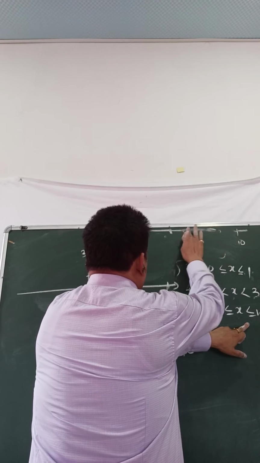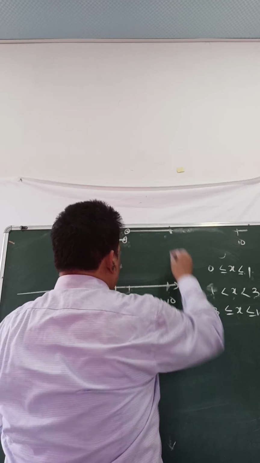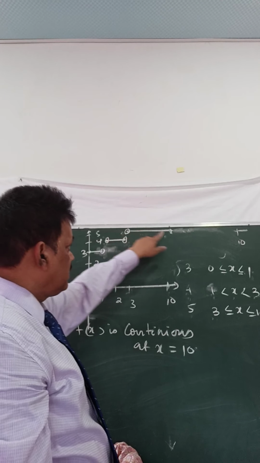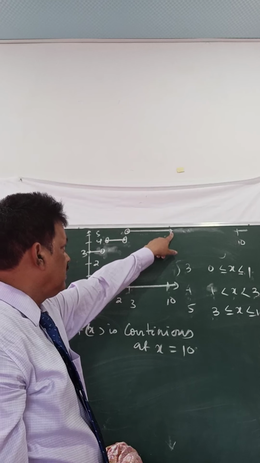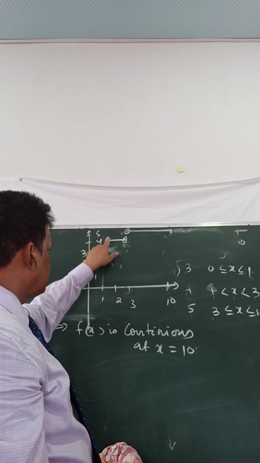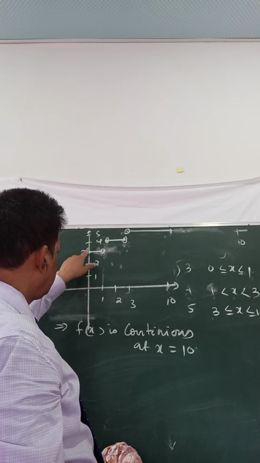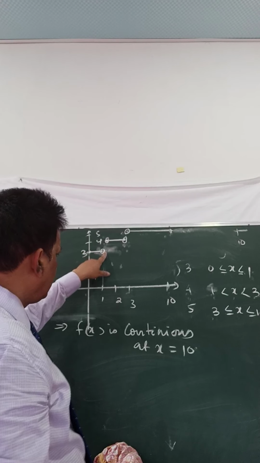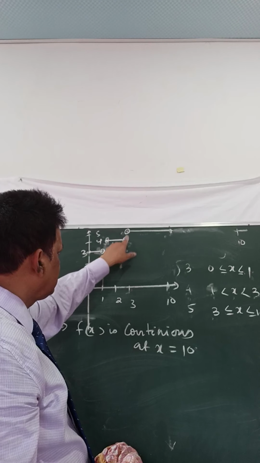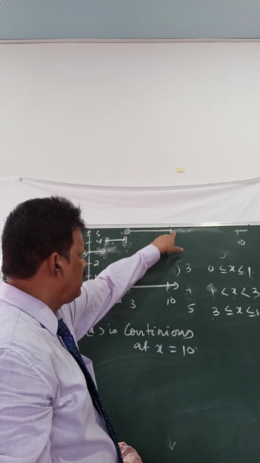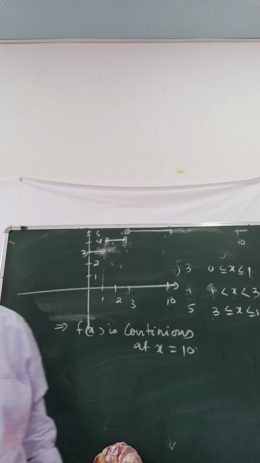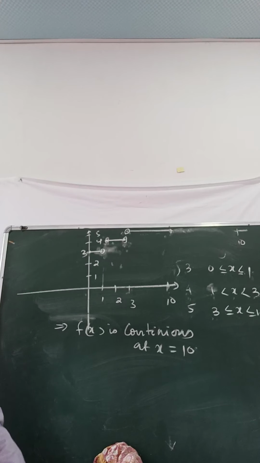We are up to 10, we cannot go beyond that. The graph up to 10, this is included, this is not included. Why is this included? Because at 10 it is continuous, at 3 it is discontinuous, at 1 it is discontinuous, but at 0 it is continuous. So between 1 and 3 it is continuous, but at 1 and 3 it is discontinuous. Again up to 10 it is continuous. This is the idea of continuous functions in intervals. Okay, let's take one more question on this.